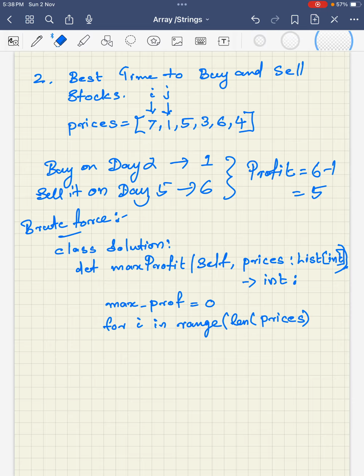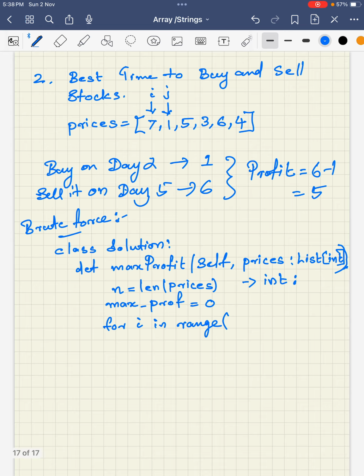Instead of writing length of prices here, if I want to use that number more frequently, I can define it somewhere like n is equal to length of prices. This way it can be more handy. So i in range of n,